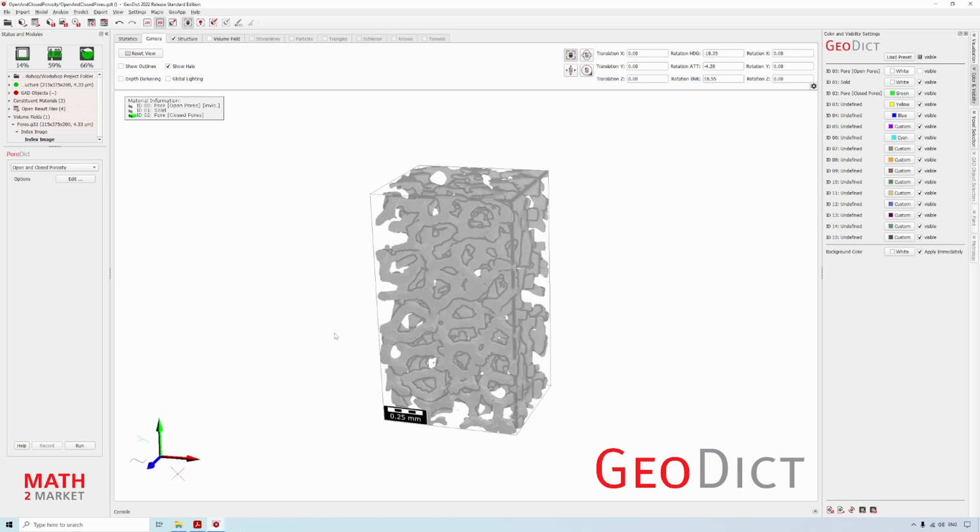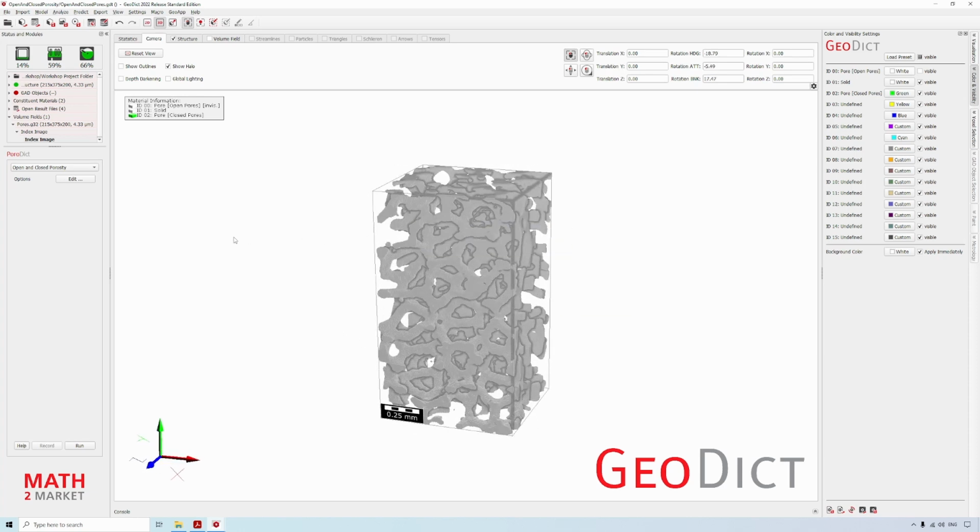The first physical property we are going to predict is selected by choosing predict and FlowDict. So we are looking at the permeability. For that we are doing a fluid flow simulation. In this example we use the Stokes-Brinkman. GeoDict has different flow analyses. The other is the Navier-Stokes.